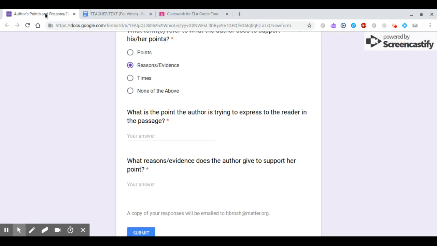So, the way I would start my sentence, and the way you should start your sentence, that's going to help you answer this question correctly, is I would say, the point the author is trying to express is, okay, and I got that from the question. They're asking, what is the point? And I'm telling you, the point the author is trying to express is